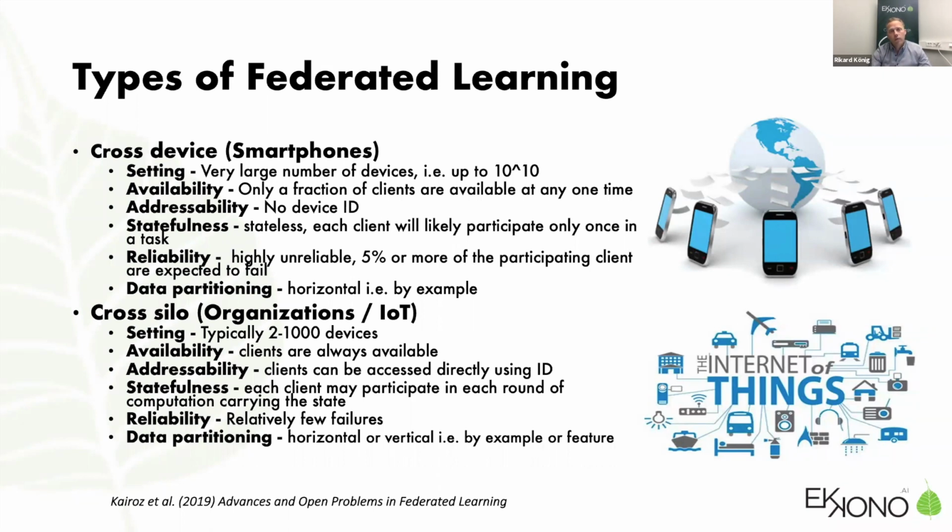Or you have IoT, both smart homes, wearables, but for our case, also industrial IoT, where you have a smaller set of devices and another setting. So here we're looking at more reasonable amounts of devices. They're more available, especially in industrial IoT, and it's not a problem to address them. You know from which machine which training derivatives come from. They can also have a state, so they can continue and learn on the device if you want to,